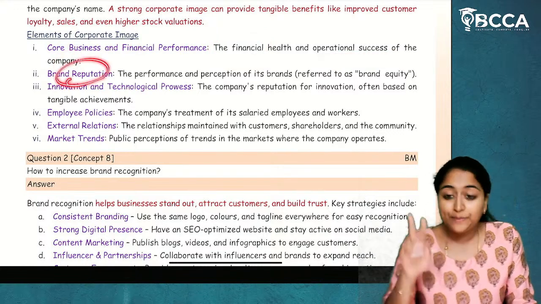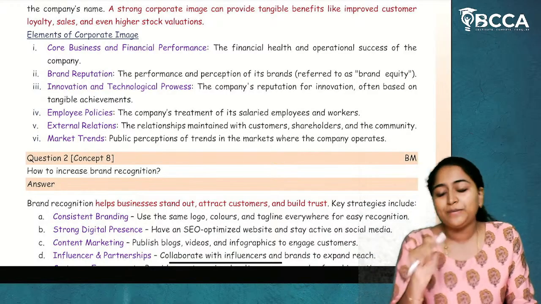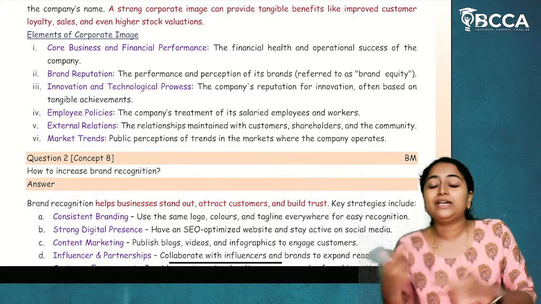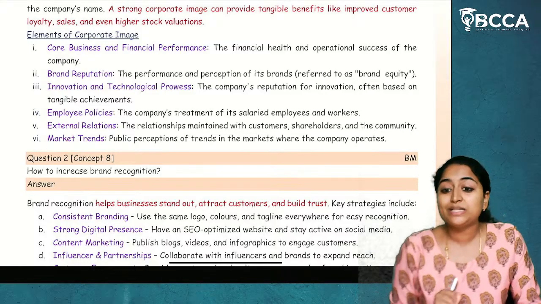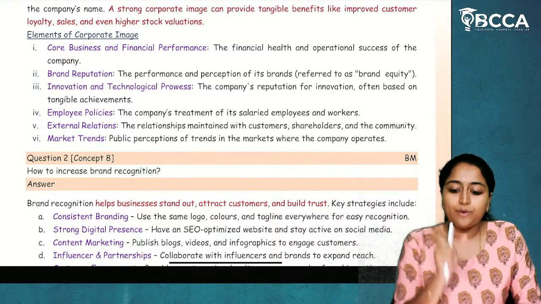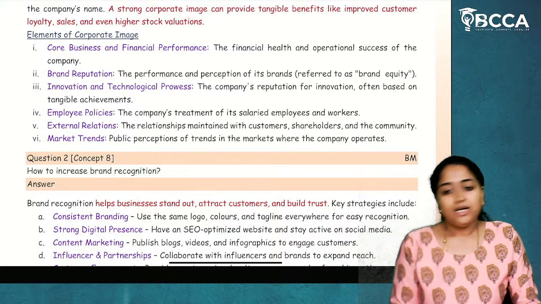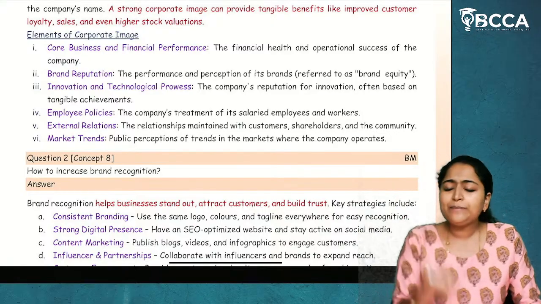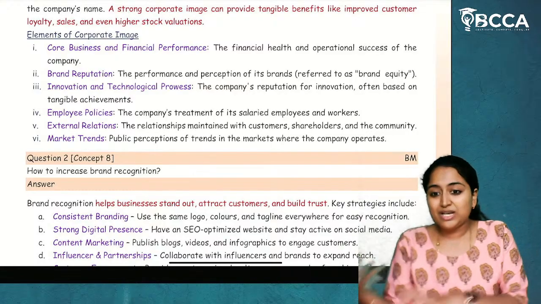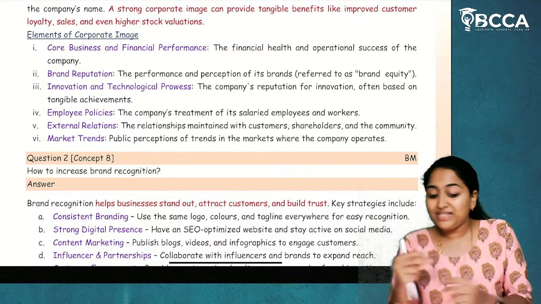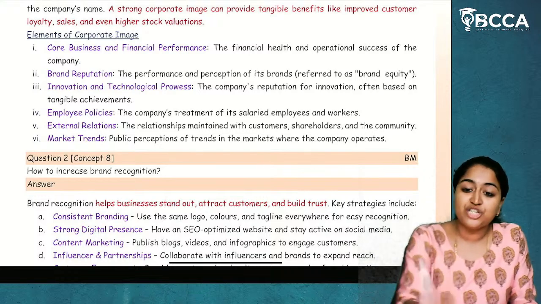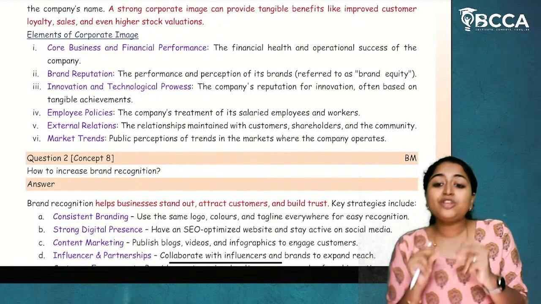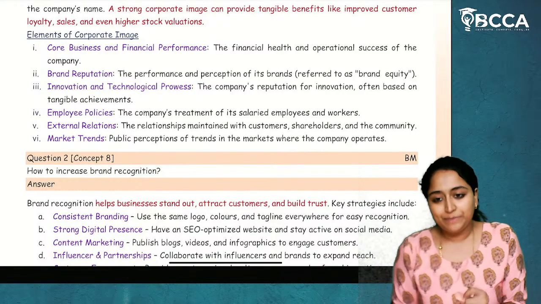Second point, brand reputation. Based on brand, corporate image will also increase. Now, what do we call a brand? The name which you're creating for your particular thing is called a brand. If you are providing quality products at minimal prices, or even if you're charging high prices, if you're giving better quality to the customers, and customers think that yes, even if I am spending 1,000 rupees for a shirt, it is branded because it is giving me better quality. So the brand will depend upon the quality of the product.